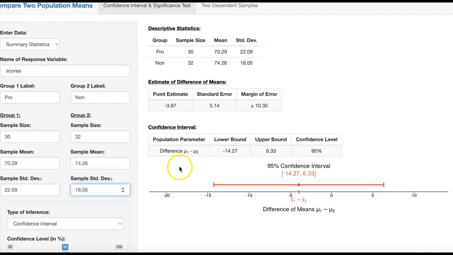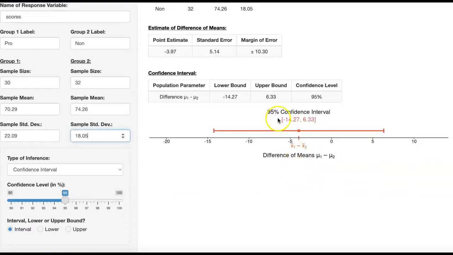That's what we have to use, and we get a point estimate. On average, we think there's a negative 3.97 difference, meaning that the proctored group, those who are being watched while testing, scored lower than the non-proctored group by about 4. That's our point estimate. Now, our confidence interval says between negative